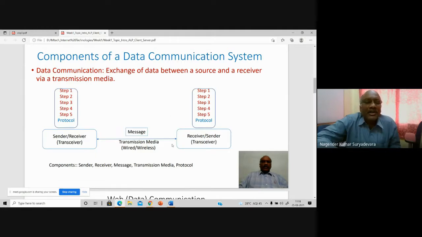Another important point here: I have written step 1, step 2, step 3, step 4, step 5. Please remember, there are certain steps which follow certain rules, basically we call it a protocol. Whenever you speak into your mobile phone, your voice, which is an analog signal, is converted to a digital signal or digital data. To convert analog data to digital data, there are certain steps, and certain protocol rules are followed for that conversion. So, a very simple example here.